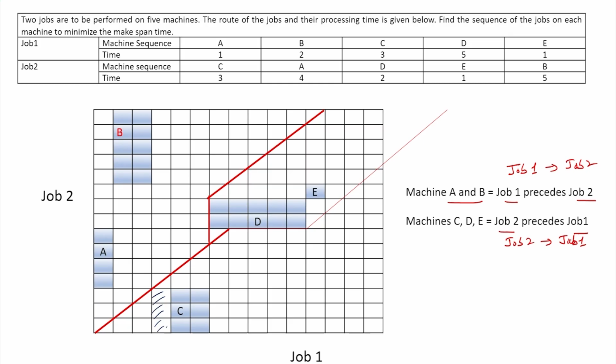This is how, and the total time required to complete the job, the make span time, is 15. Okay. So, make span time is 15. We are able to complete the task in 15 by applying the graphical method of